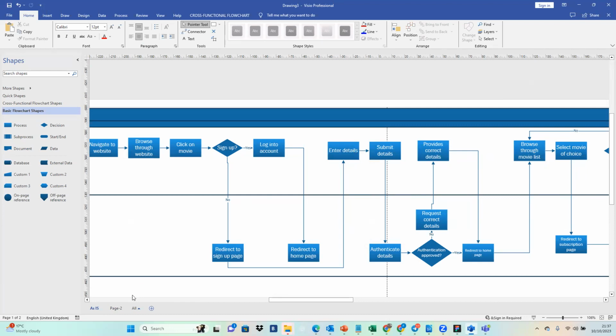Now you've created the as-is, you need to also create the future process, where it's going to be, how they are going to authenticate. Maybe they want to change the way they authenticate, like from sign up. Maybe now they want to put a captcha. They didn't have a captcha before. Now they want to improve their security level, their data level, and all of that. So all of those will be captured